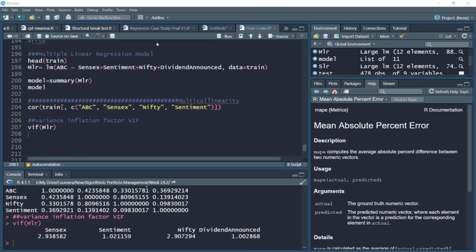It indicates the variance inflation factor for different variables in the model. If the number is around 1, then multicollinearity is almost negligible. If it is higher than 2, then it is moderate. If it is higher than 5, then it is really high. Notice the multicollinearity with the Sensex and Nifty variables, which are heavily correlated, is 2.9, which is on the higher side, which indicates that we have to drop one variable to remove the multicollinearity issue in the model.